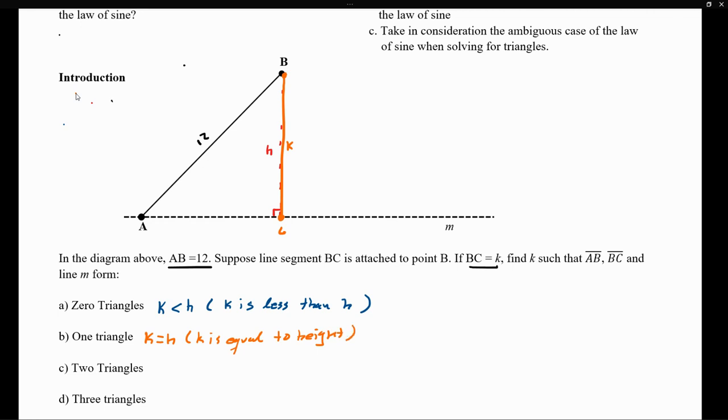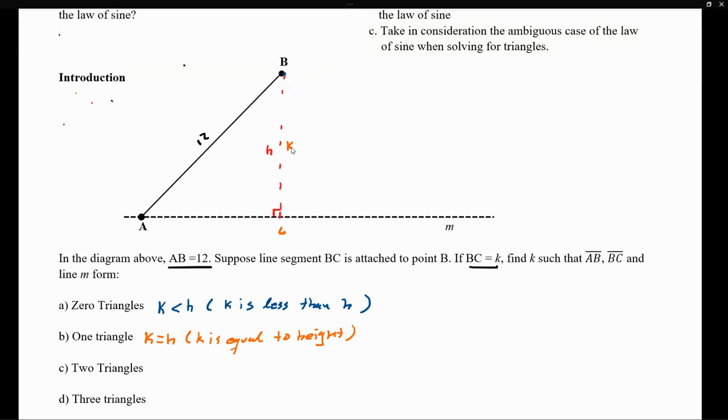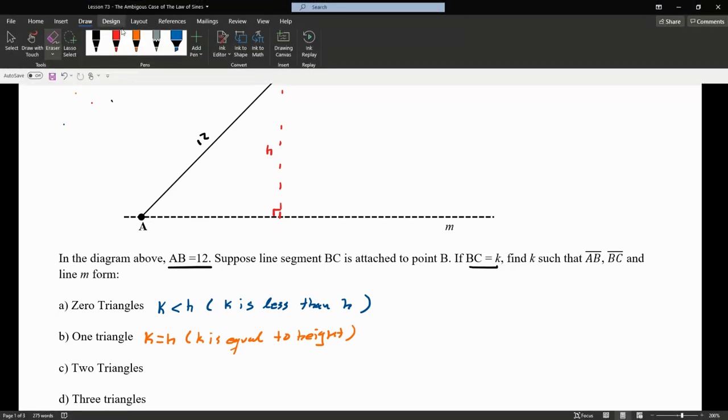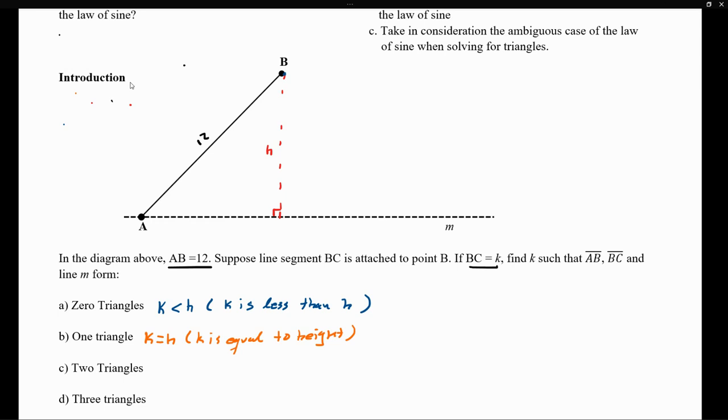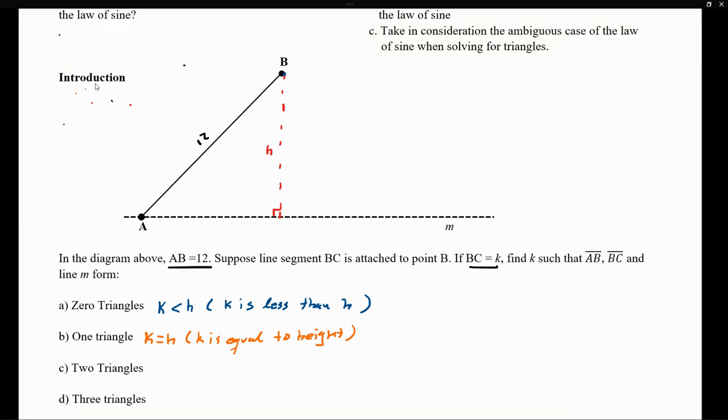And notice that here we have it. Here we have one triangle. So this is one way that we can define one triangle. If this new line segment K or BC is the same length as H, but notice that we can also have another situation where we have the same conclusion. So what's another way that we could define that third line segment in such a way that we only have one triangle created? Well, we could have also had a situation where perhaps,